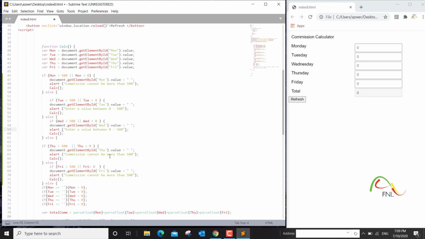Sorry, copy this and paste this here. Okay, so that's better. If I save it now, refresh it, try to type a negative value,